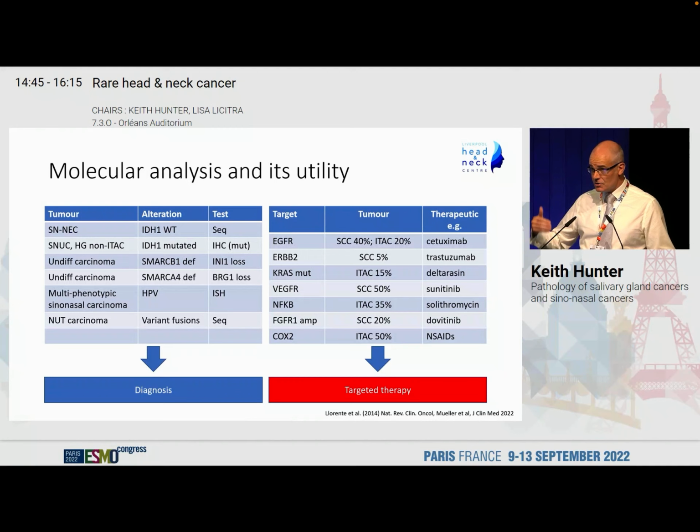And it may be that in a generation or so we do not any longer actually have a category of sinonasal undifferentiated carcinoma. And NUT carcinoma, we know that there are variant fusions. Some of the fusions now have been shown to be very aggressive, whereas other fusions in NUT carcinoma have been shown to be much less so. Molecular therapies, there are a number of these again which are on the screen, and Paolo is going to talk about these in more detail in terms of how we might utilize these features in diagnostics and also take them forward into therapy.